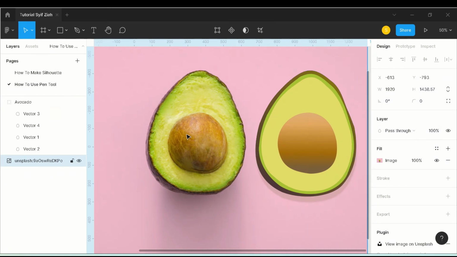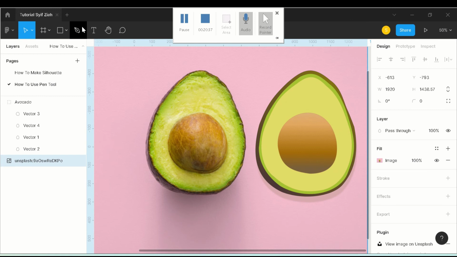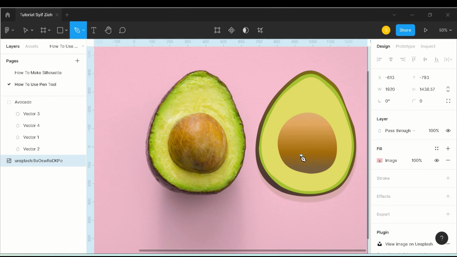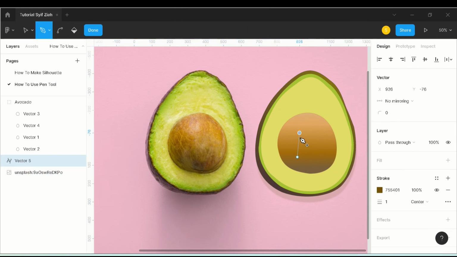I wanna make this kind of the same. You can click pen or you can use the shortcut P to make it fast. Okay, you just click.